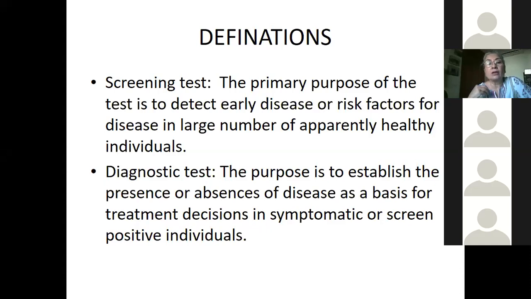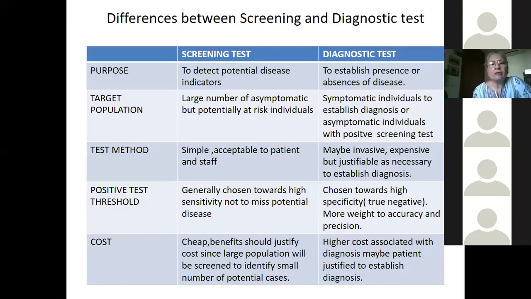So the diagnostic tests are always applied once you have screened that population and picked out the high-risk people, and then you do a diagnostic test to confirm your final diagnosis. Right? So the diagnostic tests are usually always performed on those people who turn out to be positive in their screening tests. So this is sort of a chart